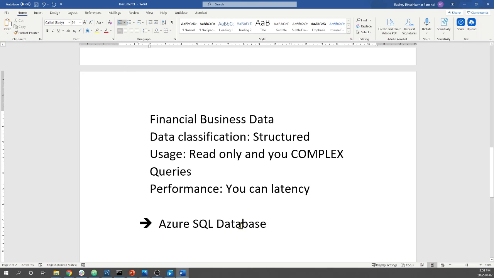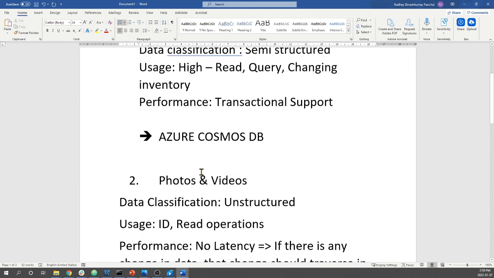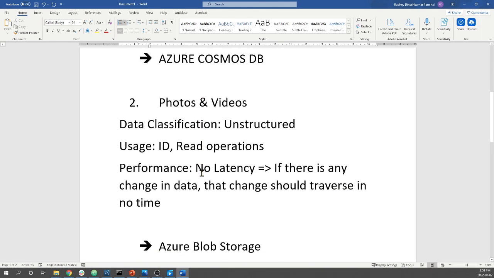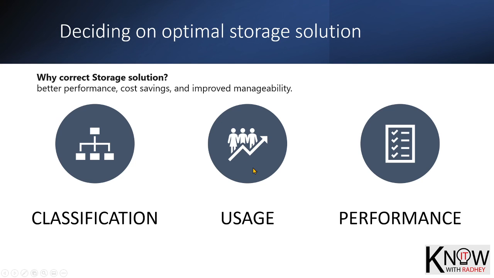So these are the three smart decisions we have made by categorizing the data in terms of structured, unstructured, and semi-structured, usage, and performance. So that's how we are going to deal with choosing a correct